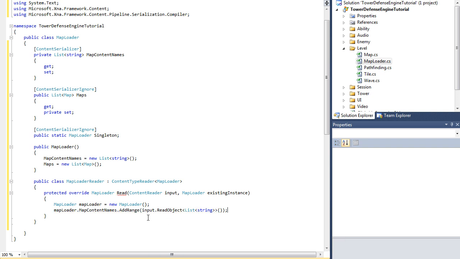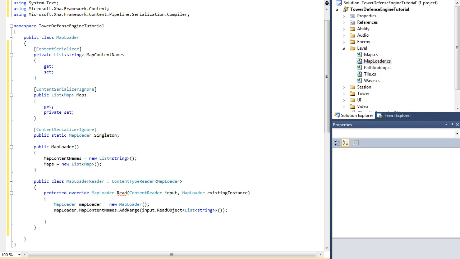Alright, so the line should be MapLoader.mapContentNames.AddRange(input.ReadObject<List<string>>());